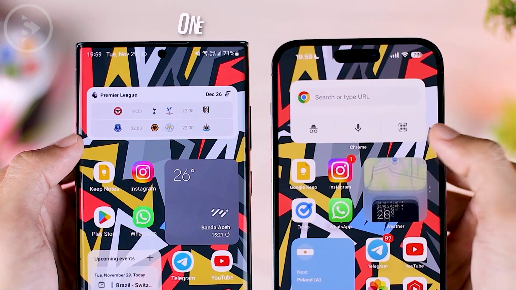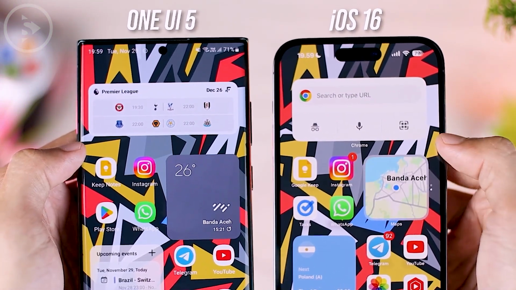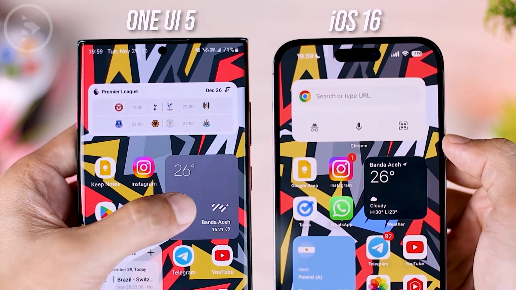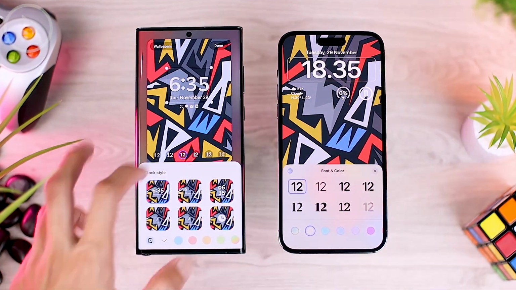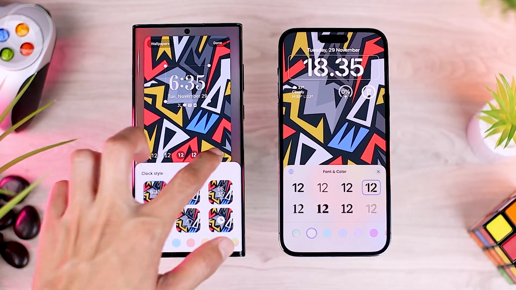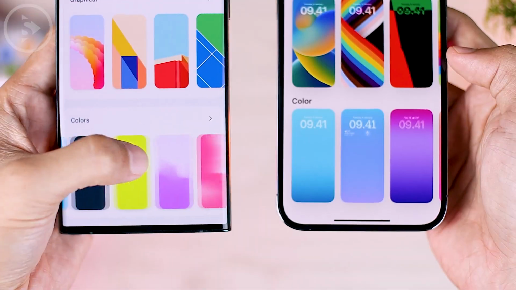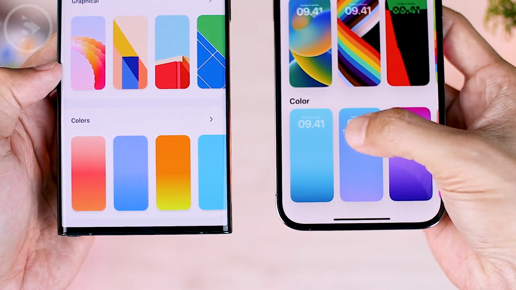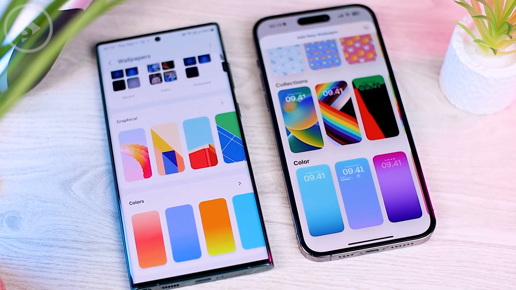In this video, we'll compare the look of One UI 5.0 based on Android 13 on the Samsung S22 Ultra with iOS 16 on the iPhone 14 Pro Max. Both of these UIs in the latest update now look even more openly inspired by each other. Samsung One UI is seen immediately moving fast, adjusting the name and new features in the latest One UI 5. And this took place shortly after Apple launched some of its newest features on iOS 16.